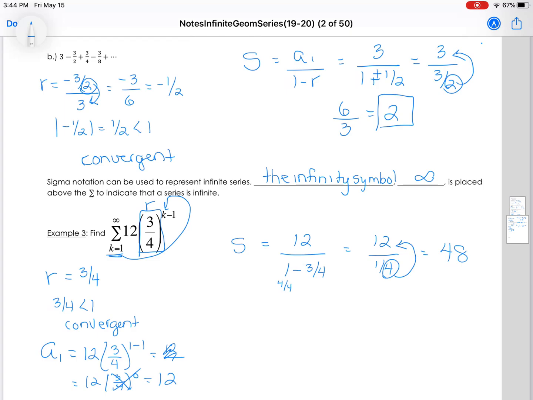Could the sums be decimals? Could they be fractions? Absolutely. Just always make sure that you're double checking the math and making sure that you're getting the correct value for your